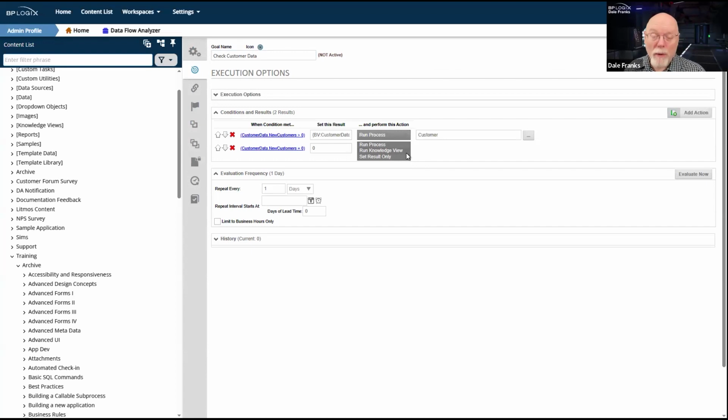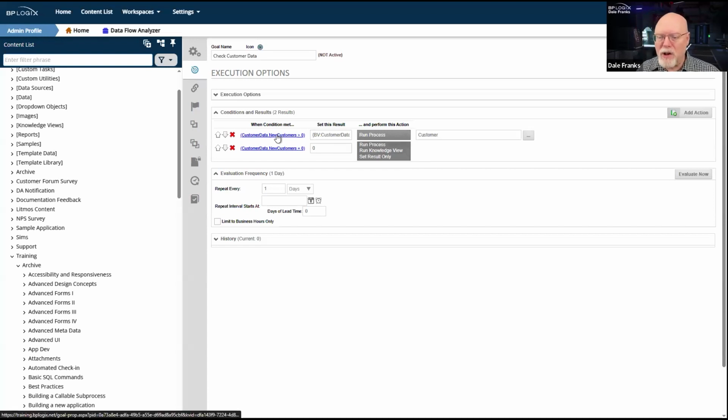So on a scheduled basis, if I have data that exists inside Process Director, let's say form data. So I have several form instances that have some form data. And based on those form instances, I want to start a new process. All right, that's not really a problem here then. I can create a goal. The goal will evaluate on a scheduled basis.